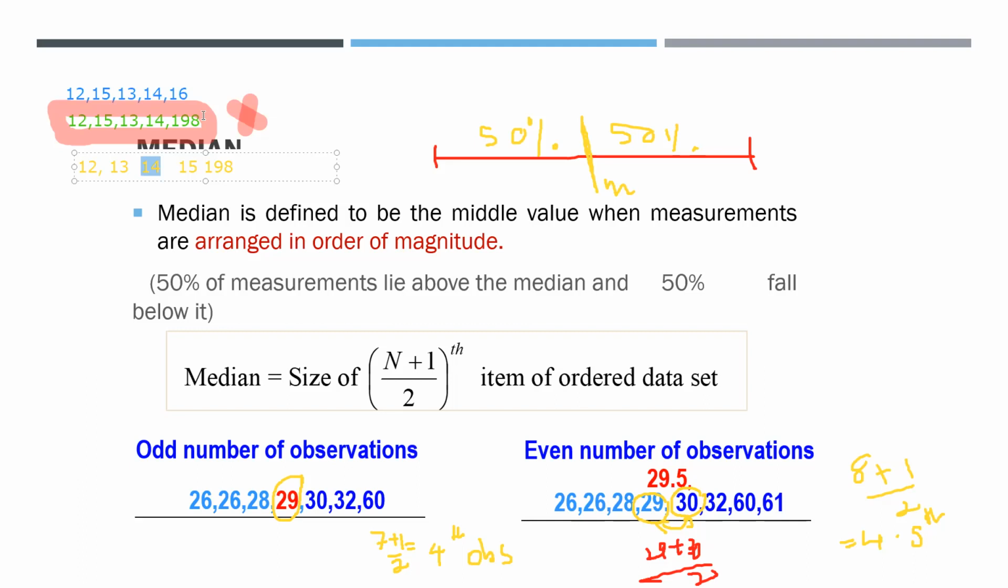So if we have extreme values in the data set, then when we are calculating the mean, it will be affected by those extreme values. If your data set doesn't contain any extreme values, then mean is appropriate to describe the center. But if